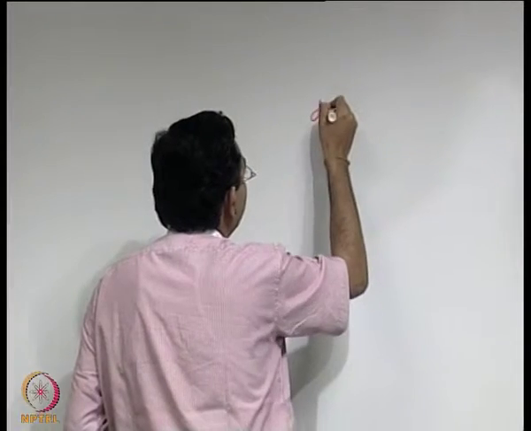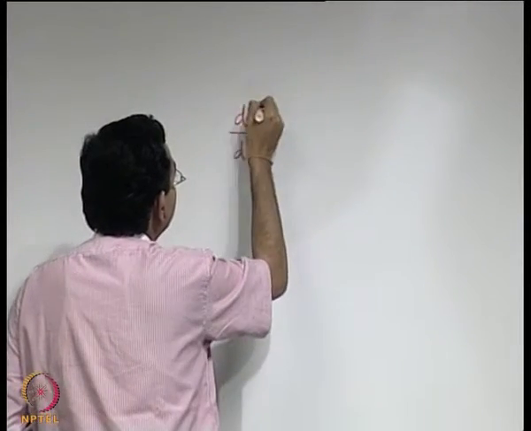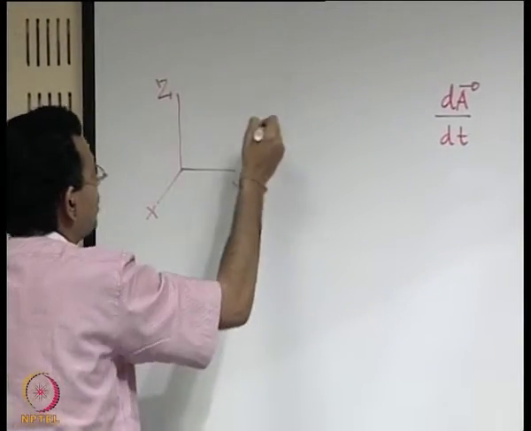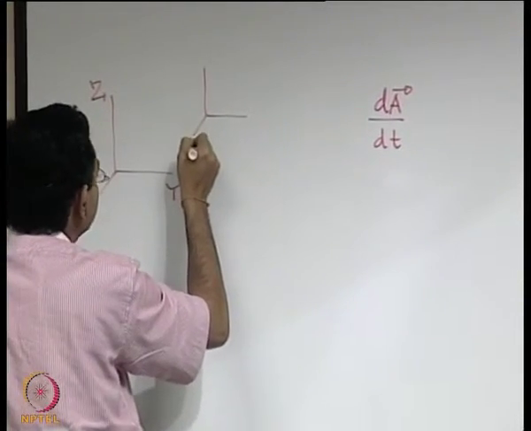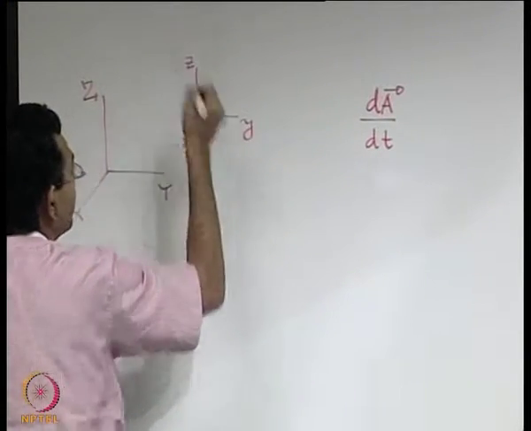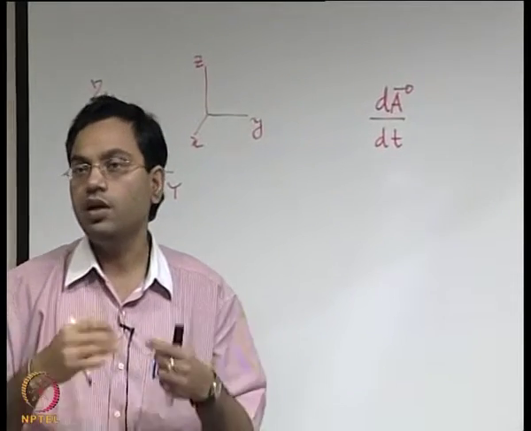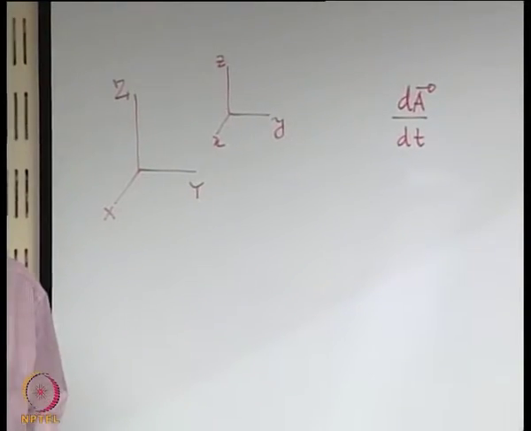Ahead with the description of the Reynolds transport theorem in an arbitrarily moving reference frame. So, in the last class we were discussing the derivative of a vector in an arbitrarily moving reference frame, and the result that we saw: if you have two reference frames, one is capital X Y Z, another reference frame is small x y z, where small x y z may have an arbitrary motion in terms of an angular velocity, in terms of a linear velocity which may even vary with time and so on.